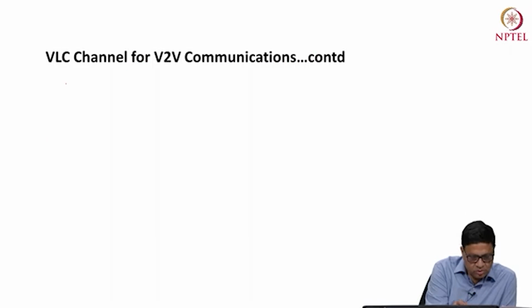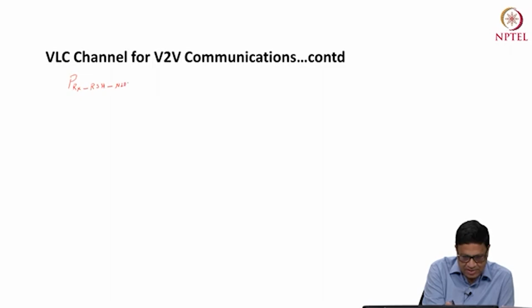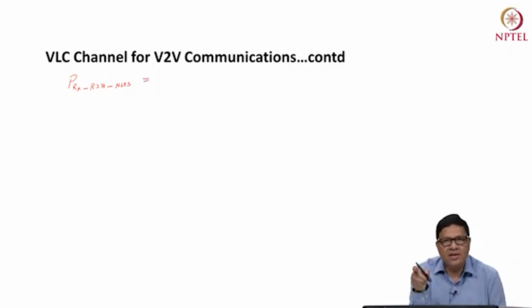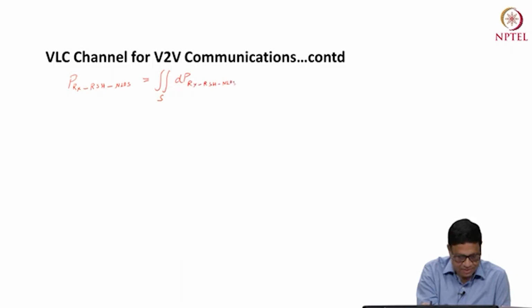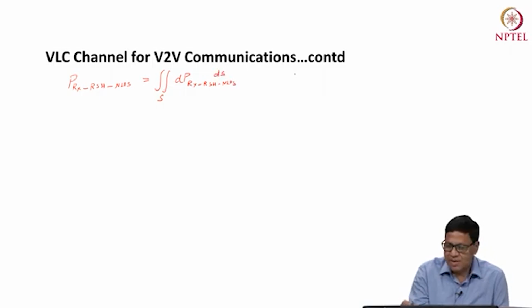So the total power received, PRX, from the right side headlamp, because of NLOS, is a total power that will be integrated over the total area which is getting illuminated from the headlamp. So this will be integrated over the surface S, and this is dP_Rx,RSH,NLOS into dS, and this will be when psi NLOS